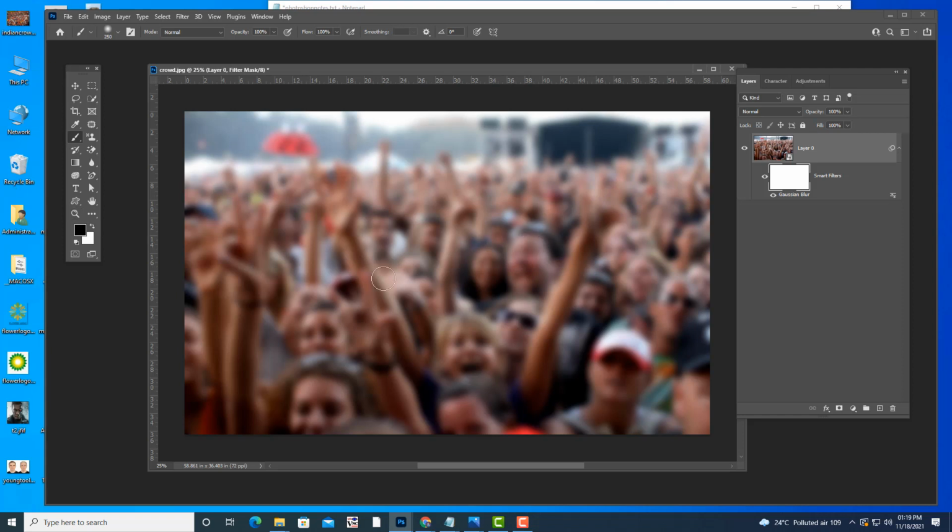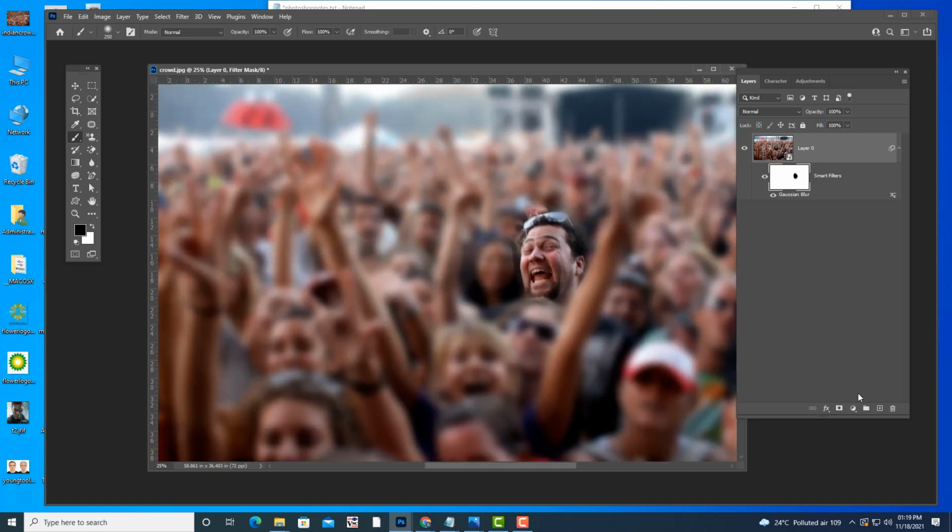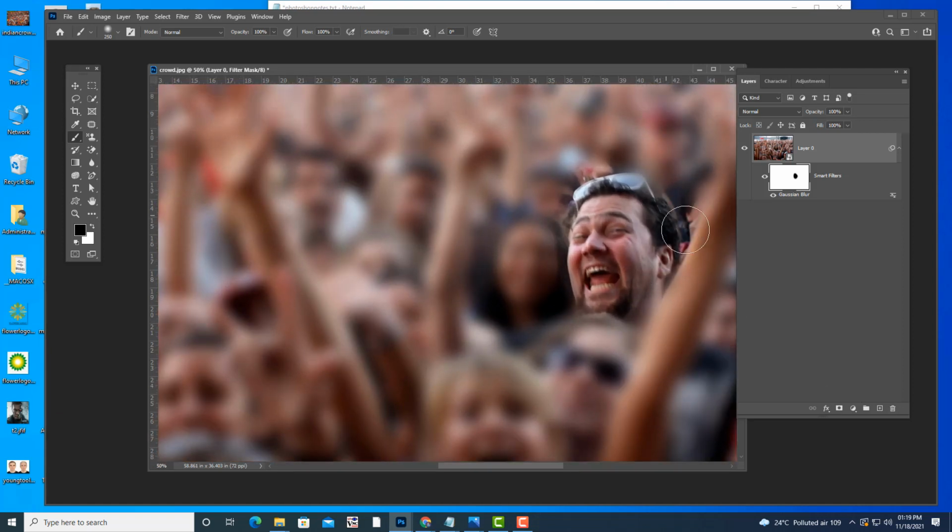Paint which color? Black. Very easy. I can also decide how much I have to paint. I can zoom, and if I think I have painted too much, then I can use white color and just remove. So I can paint only this much.